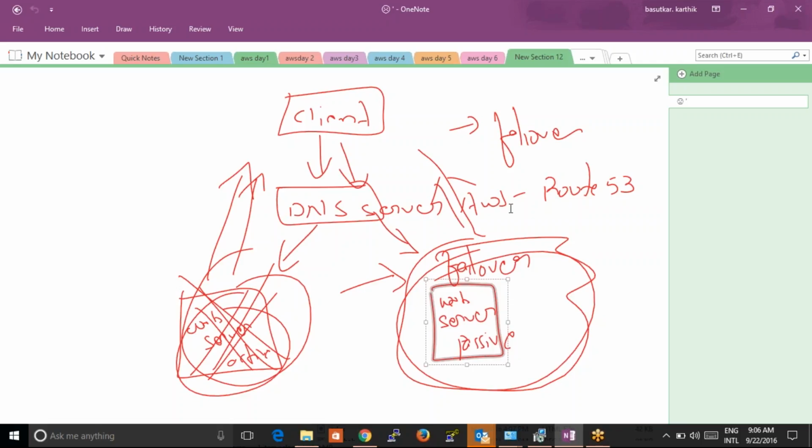The architecture guy has to design how my website should serve, what priorities I have set for my website. Serving the website fast is my first priority. If that is my first priority, I'll keep the routing policy as latency. Or